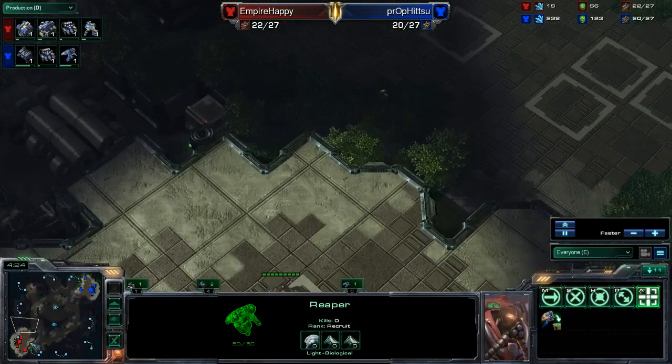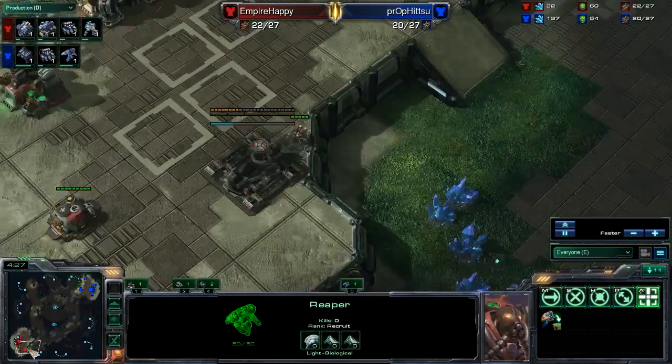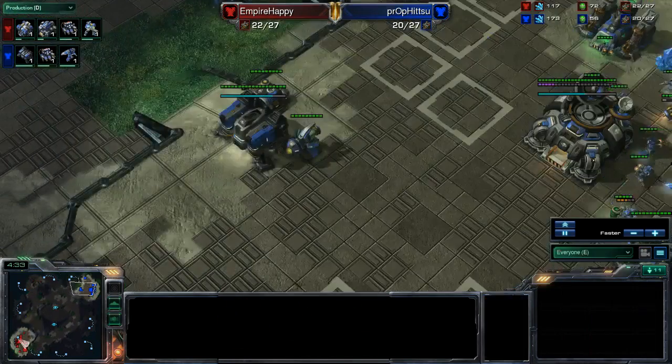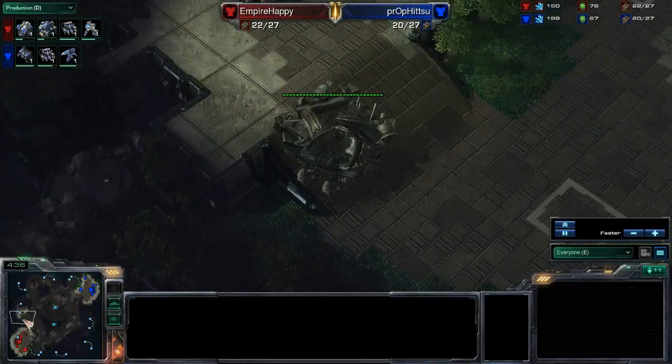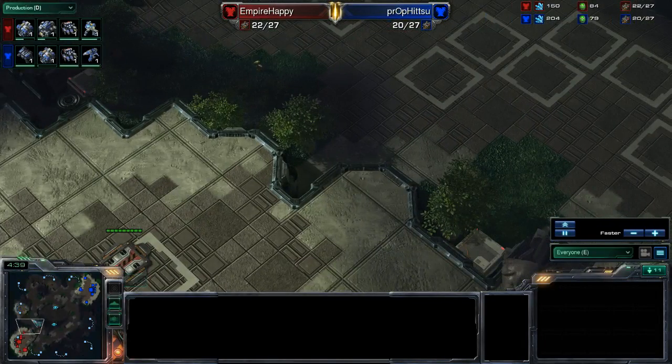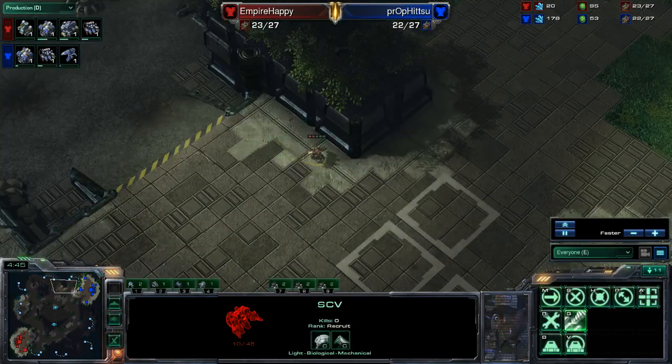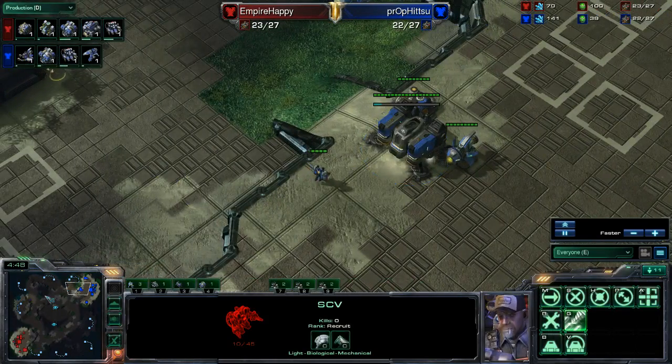Will he get any Marines up here to deal with this? Right now the Marines are just hanging around at the ramp, so he knows there's a Reaper. Yeah, he knows there's a Reaper, and I think he saw it with his SCV, so I wonder why he is not sending his Marines over here to defend for it. But it looks like prOpHittsu instead is just running around with this Reaper to try and snipe off the SCV,